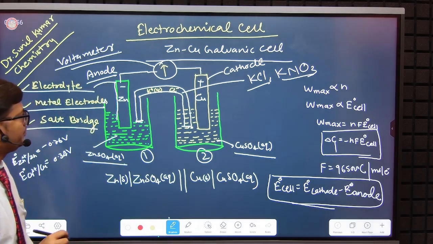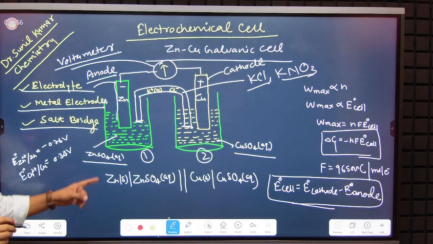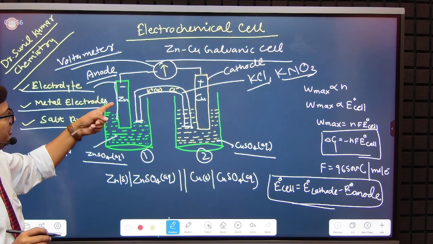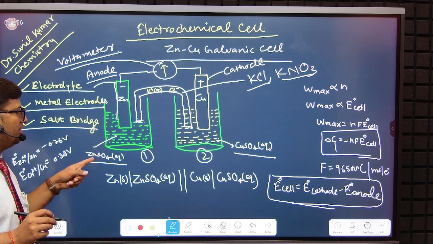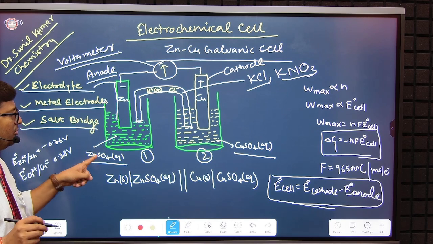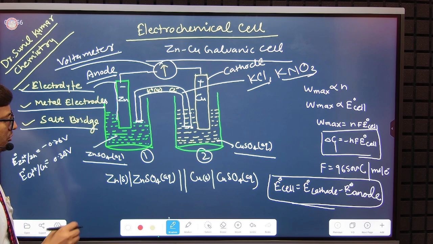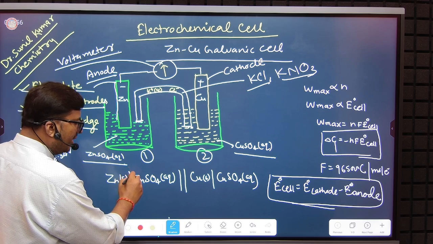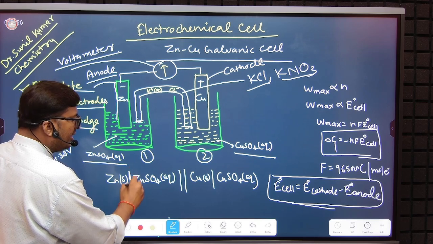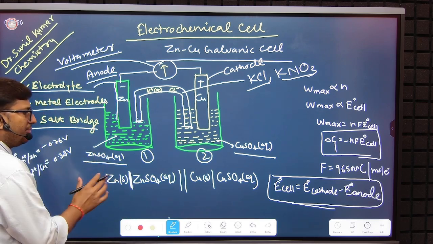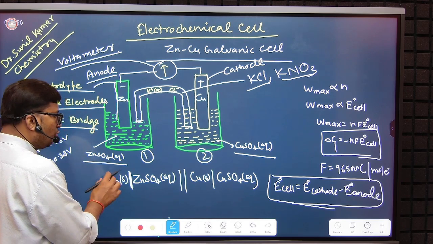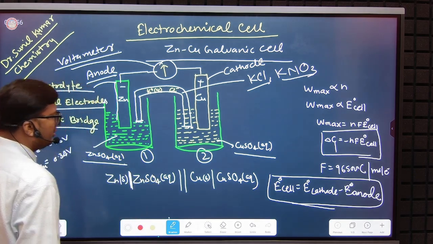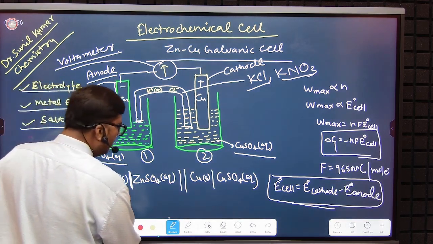What happens? There is an interface between zinc and zinc sulfate aqueous electrolyte. So this is shown by this vertical line. This vertical line is an interface between the solid zinc plate and aqueous zinc sulfate, right? So this is one pair